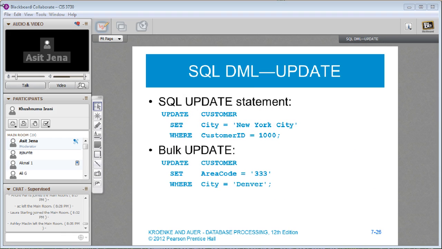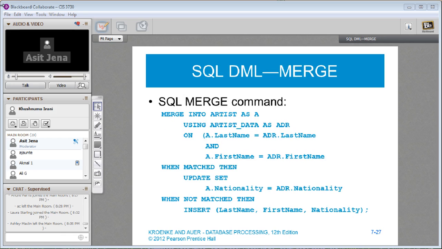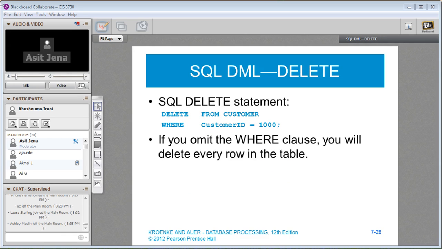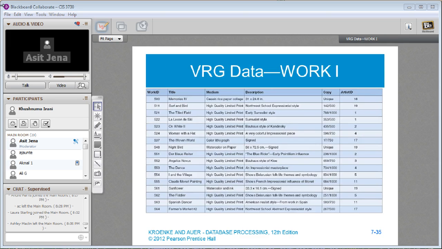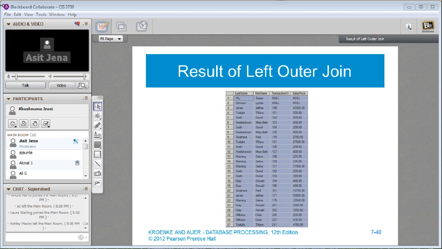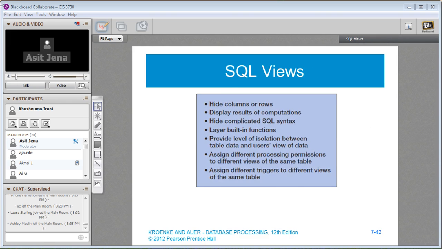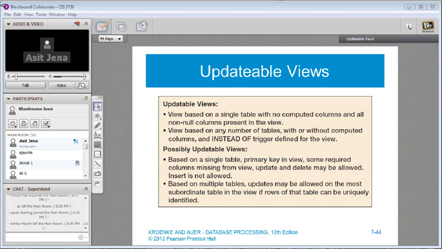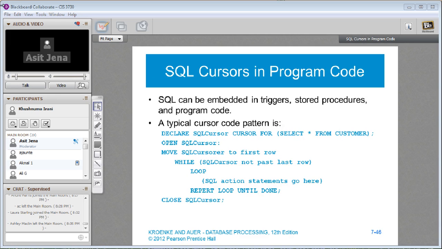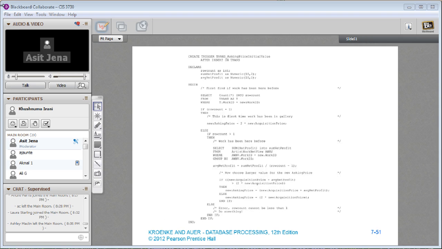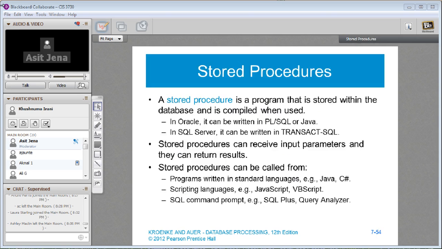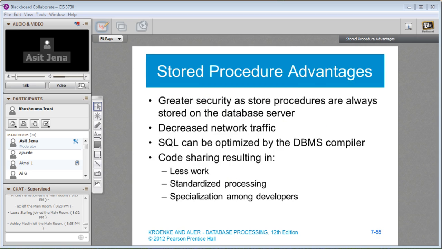The bulk update, I think that's a very important concept, how you can insert something into the database, one record at a time, and multiple records at a time with the SQL. Again, the join thing we'll talk about next class because I think I need a better design. Then talk about SQL views, SQL cursor, stored procedures, and triggers. And stored procedures, triggers, views, and cursor, those are basically concepts that I want you to know.